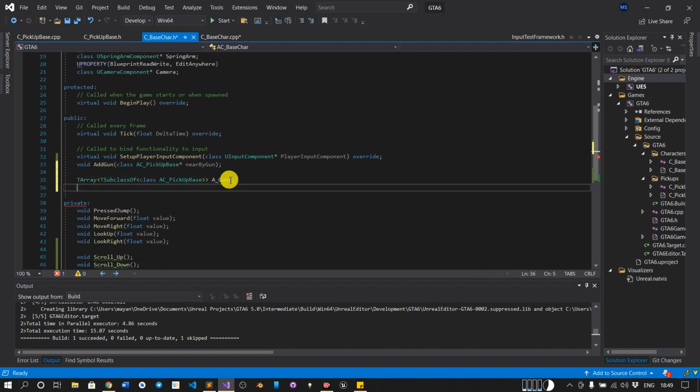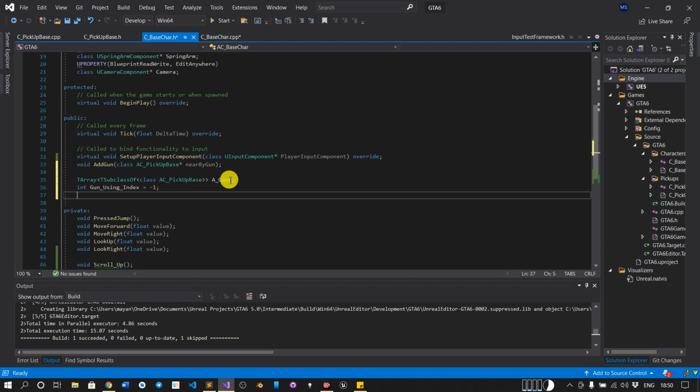This is the first variable. Second variable, we need an integer, gun underscore using for index, -1.